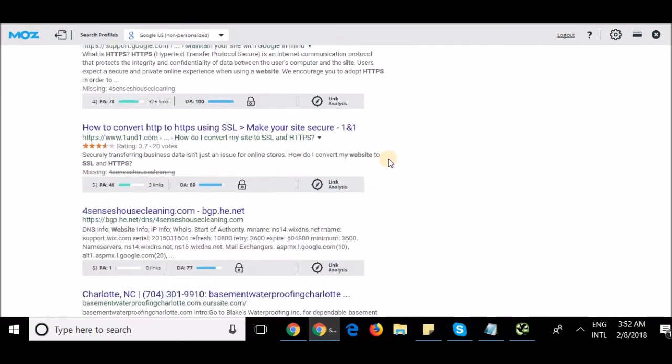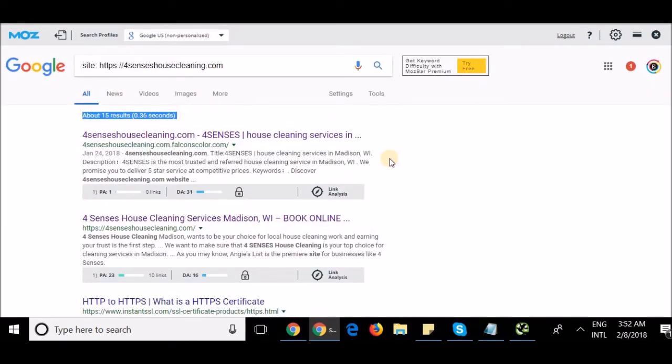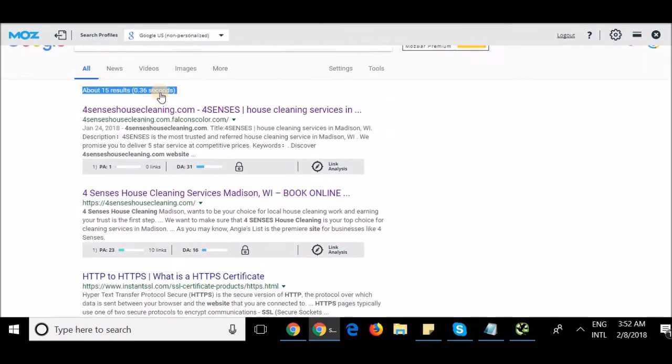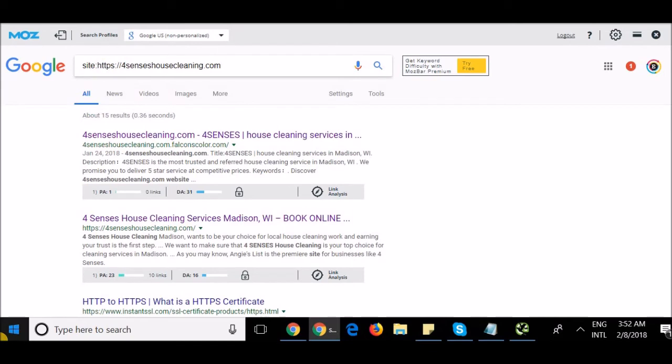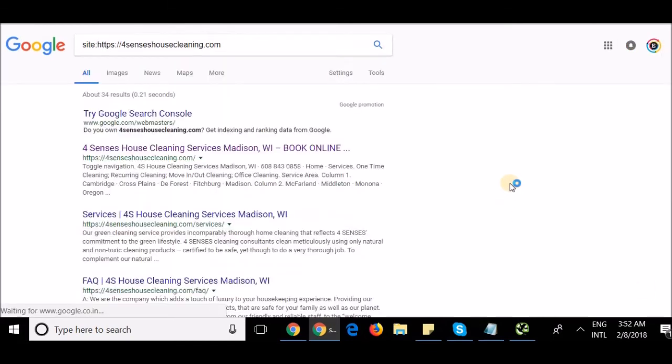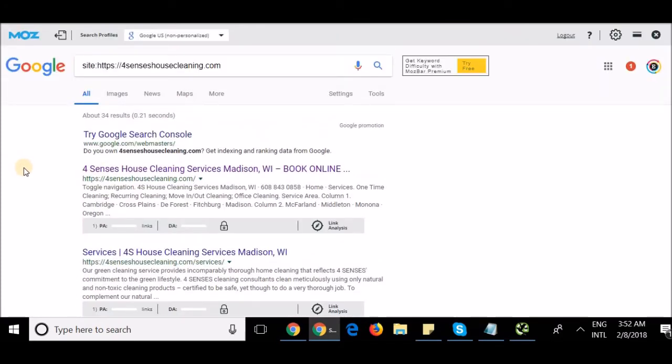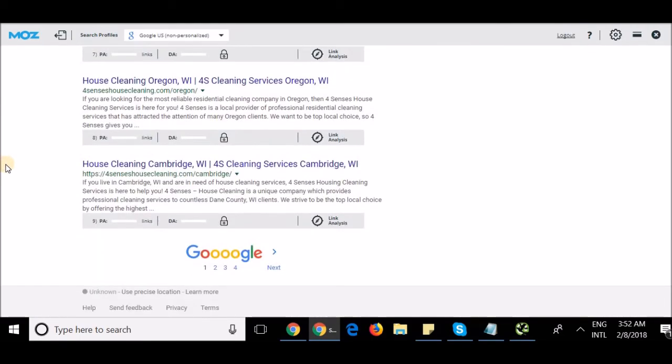Oops, sorry, I think I made a mistake. Okay, I need to do it like this. There you go. So now we have 34, which is a good thing. I think all the pages are indexed,